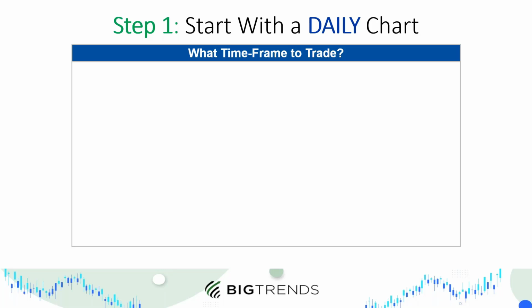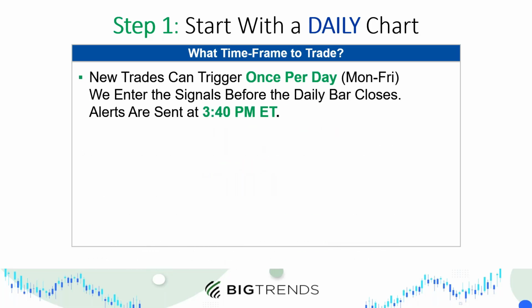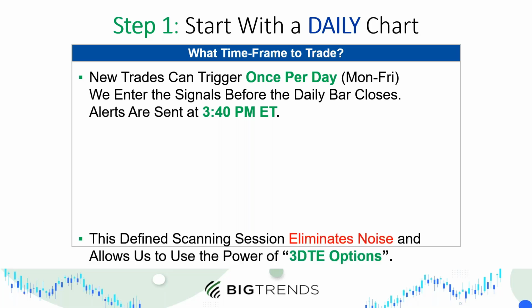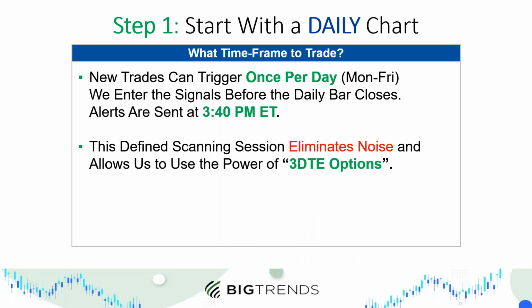So as I told you, we start with a daily chart. New trades can trigger only once per day, Monday through Friday, any day that the market's open. That does not mean that there will be a trade every day. Please hear me when I say that. There will not be trades every day. But when a trade is triggered, it's going to be sent at 3:40 p.m. Eastern time. Now, this defined scanning session eliminates noise and allows us to use the power of those 3 DTE